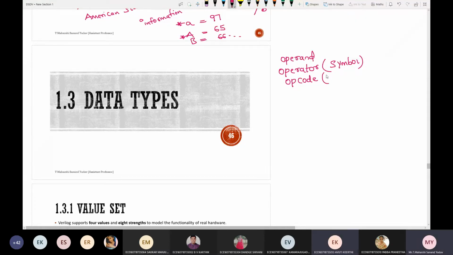Next, what is opcode? Opcode specifies the type of operation to be performed. Means, can I call this one an operator? Both opcode and operator, are they the same or different?